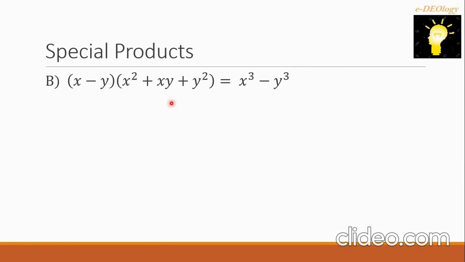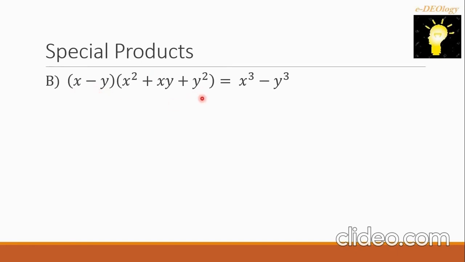So we're going to analyze the trinomial. This is x squared. This is simply the square of this x. The middle term is xy. So it seems we're multiplying the x and negative y. But we should write the opposite sign, because if I multiply x by negative y, I will get negative xy. But based on the pattern, I should write the opposite sign. So this is plus xy. And the third term of the trinomial is simply the square of this negative y. So negative y squared will give